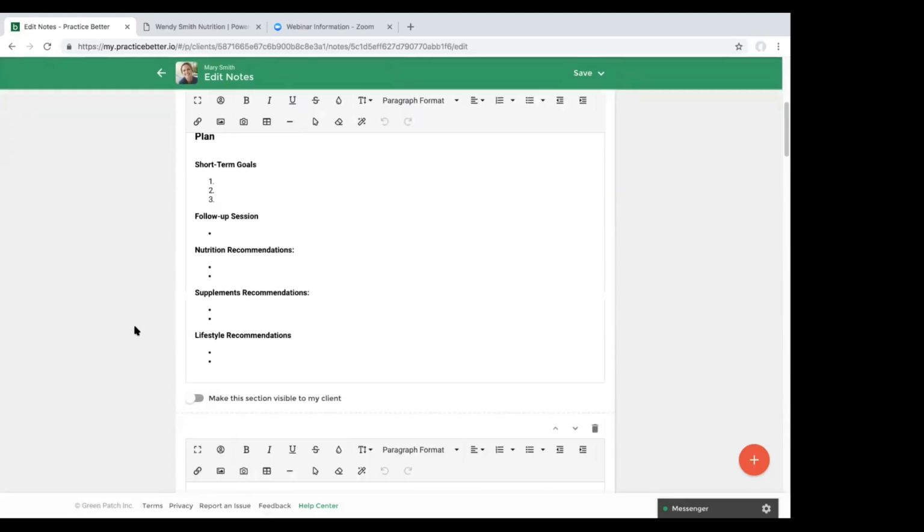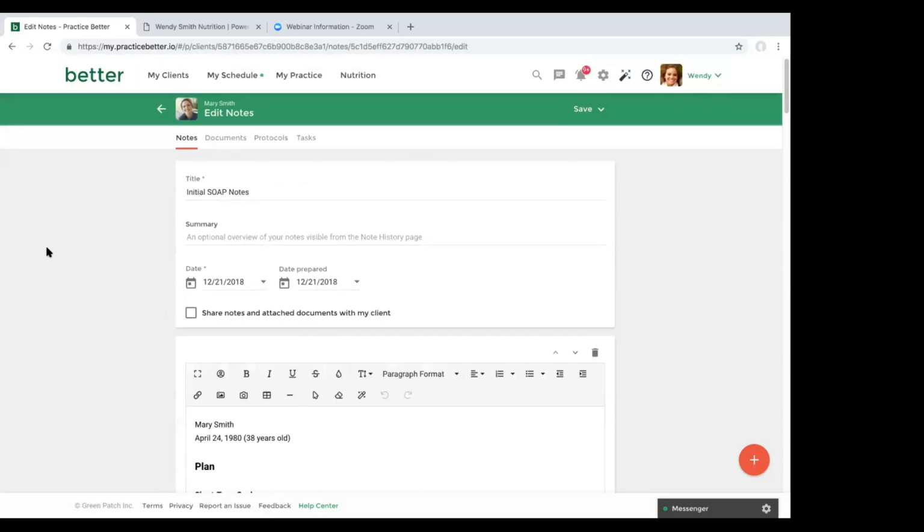Okay. And I think one thing I forgot to mention is if you do want to share sections of your notes with your clients, right? So we know how we said we can select which sections of our notes we want to share. So we would say, make this section visible to my client. When your notes are how you want them to be, ready to be shared with your client, you're just going to go ahead and check mark this box. Share notes and attach documents with my client. So that way when you click save,